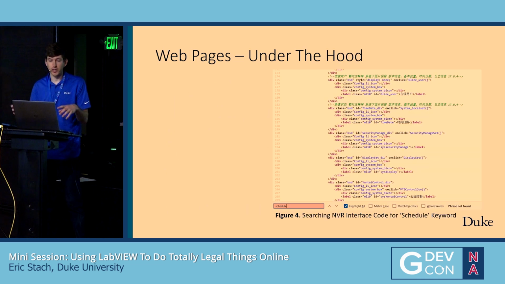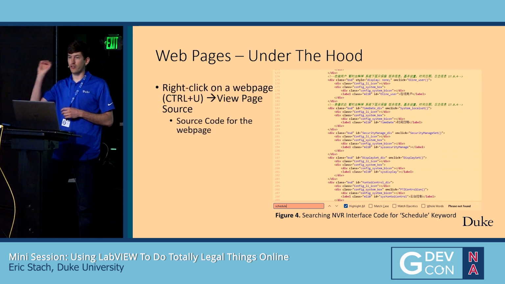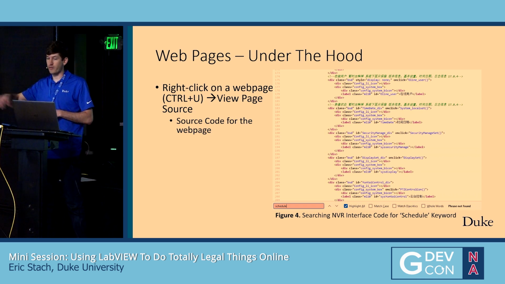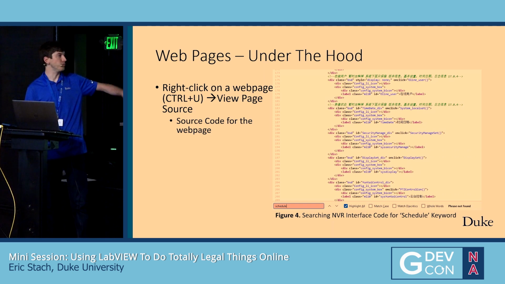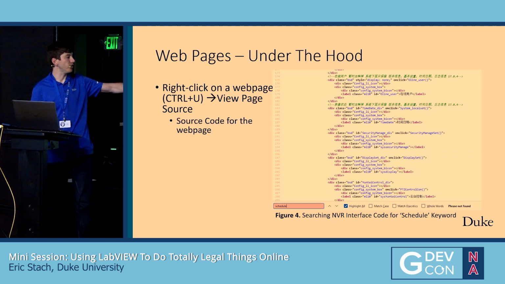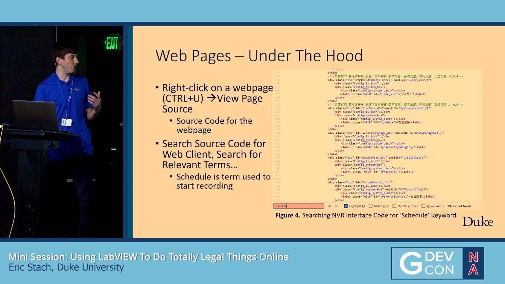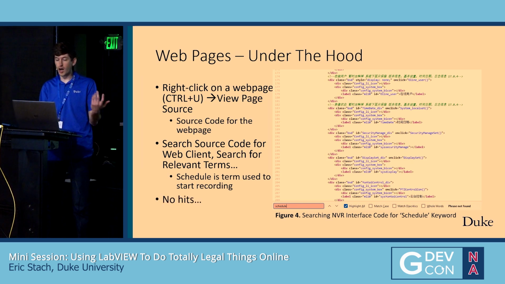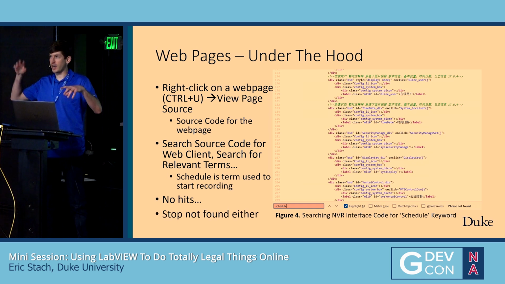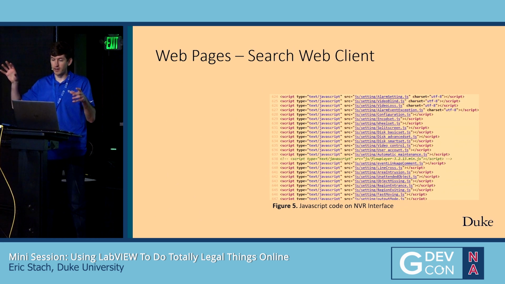Web pages under the hood, I'm sure it's something we've all looked at. If you right-click on a web page and go to view page source, or hit Control-U, which I've accidentally hit dozens of times, you look at the source code of the web page. It could be JavaScript, HTML, but it'll look something like this. My first inclination, since I know really nothing about web development, was to search for terms I think are relevant, like schedule or stop. There were no hits, and I couldn't find anything useful. So I scrolled down, and I see a bunch of JavaScript links at the end, and I see one